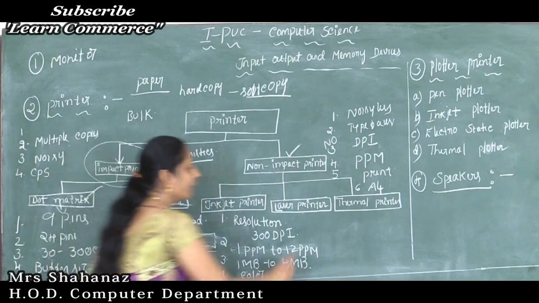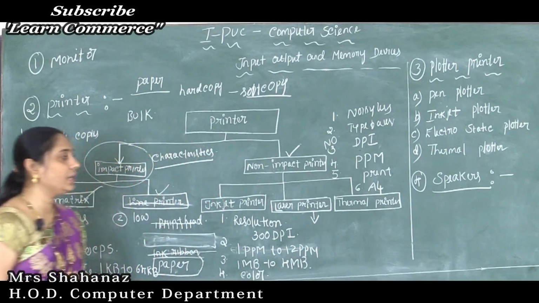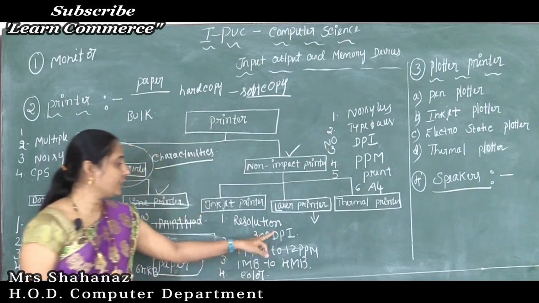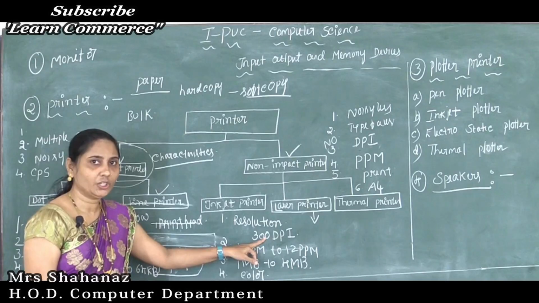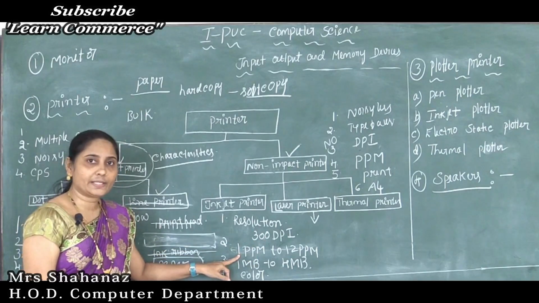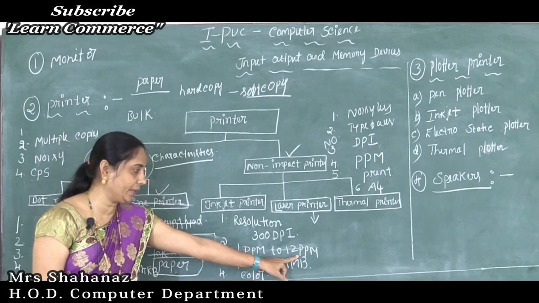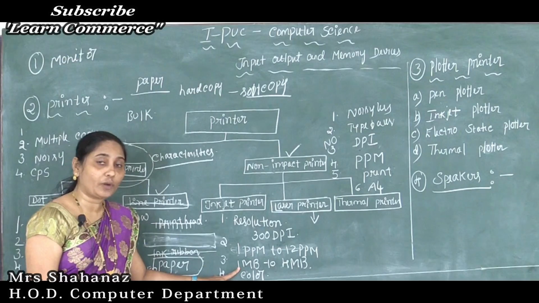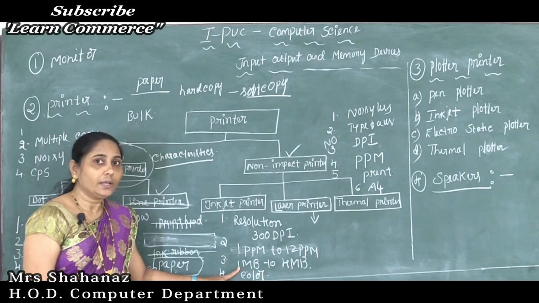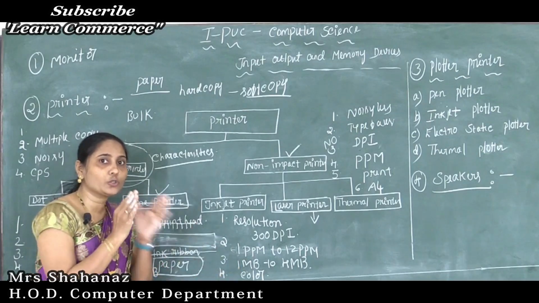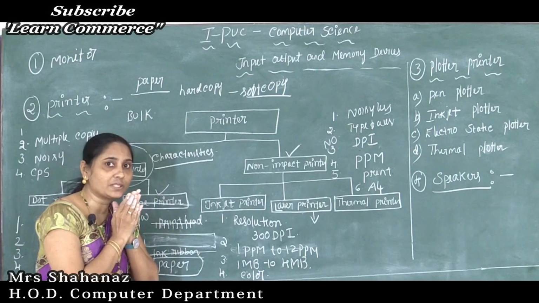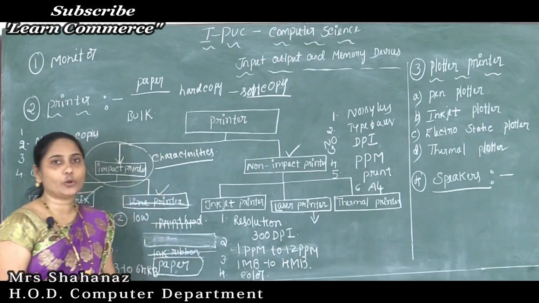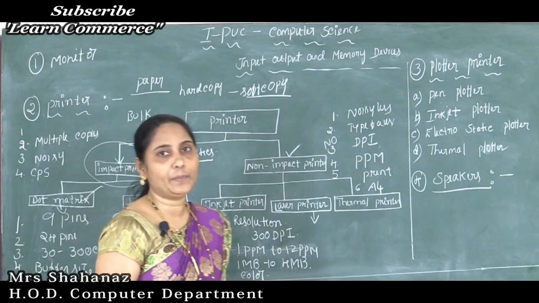So now we are going to select the next thing, that is our laser printer. Resolution, quality of the display, 300 dpi, dots per inch, okay, and also printing speed, 1 page to 12 pages per minute. And when the information is converted from computer to printer, the memory space in between is stored in one place called the buffer size here. So 1 MB to 4 MB, and lastly it also prints color images, okay.